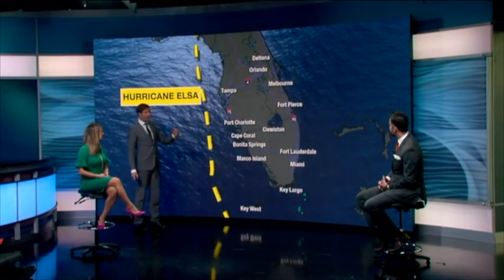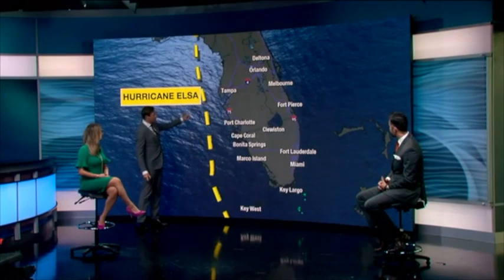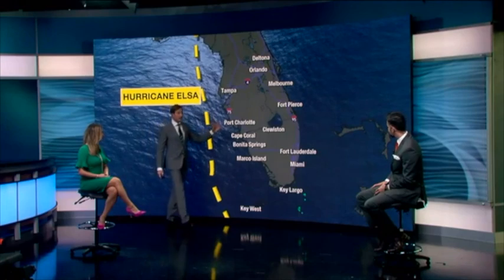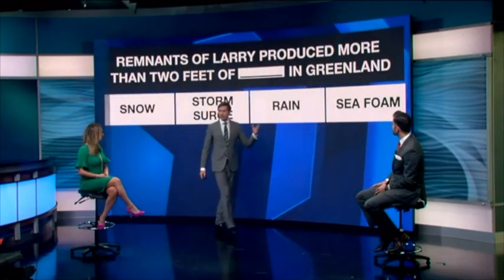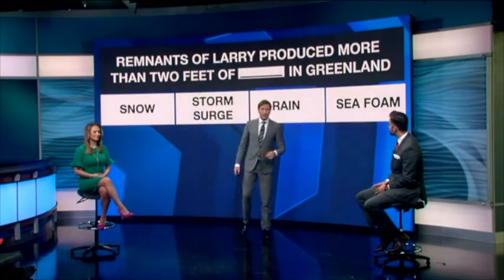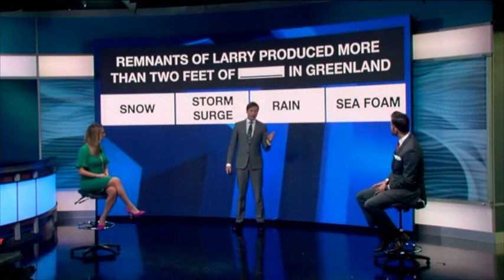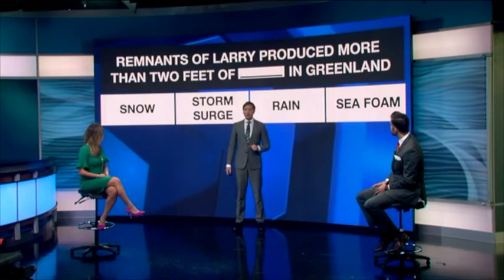It was kind of an early season system. The center of the storm went parallel to our coast, and it brought a bunch of flooding rain to parts of Sarasota and Charlotte counties. Some communities, like in the Englewood area, got more than a foot of rain. Wow. Next question. Remnants of what was once a big hurricane, Hurricane Larry, produced more than 2 feet of blank